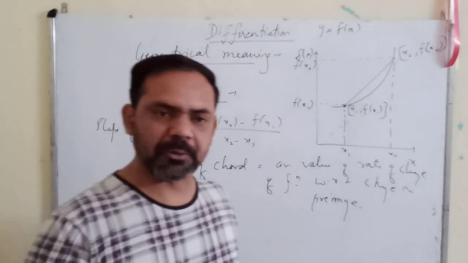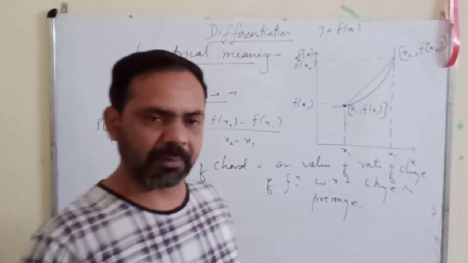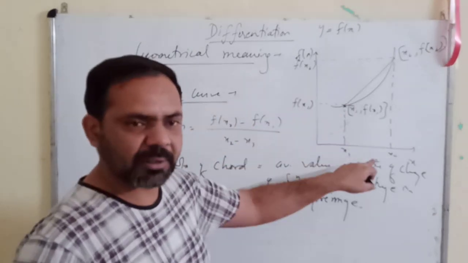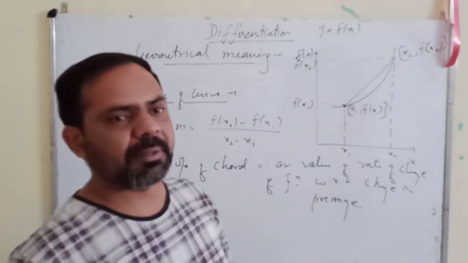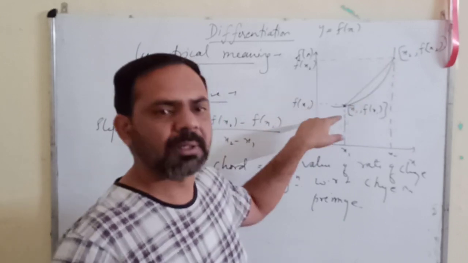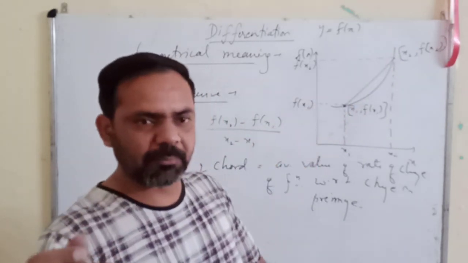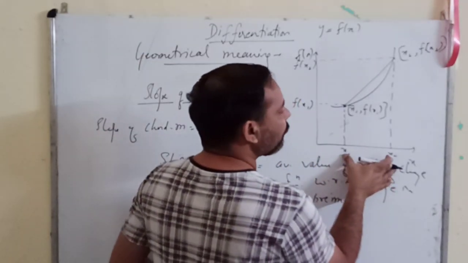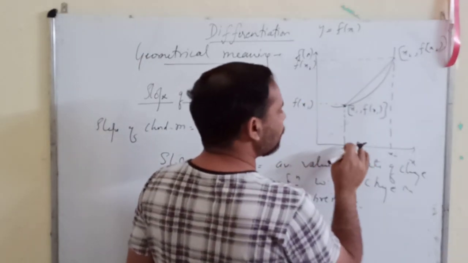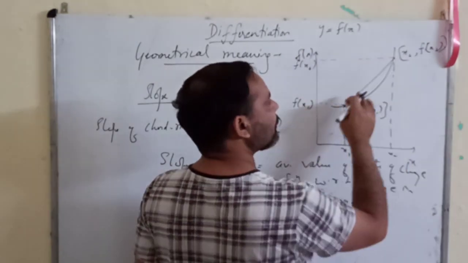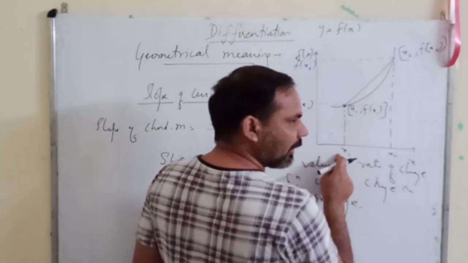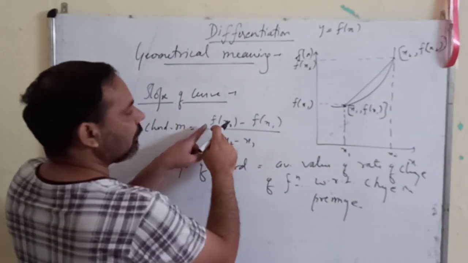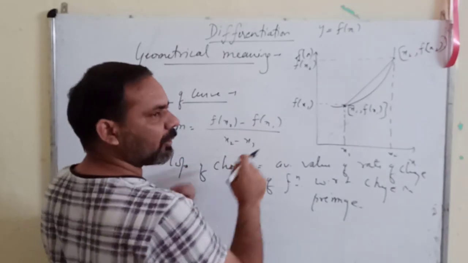Like suppose your average velocity or average acceleration. If this is a position-time graph and you want to find the average velocity, you simply join any 2 points, corresponding to the time interval for which you want the average velocity. You just locate the points on the graph corresponding to t1 and t2 and find this ratio, f(x2) minus f(x1) upon x2 minus x1.